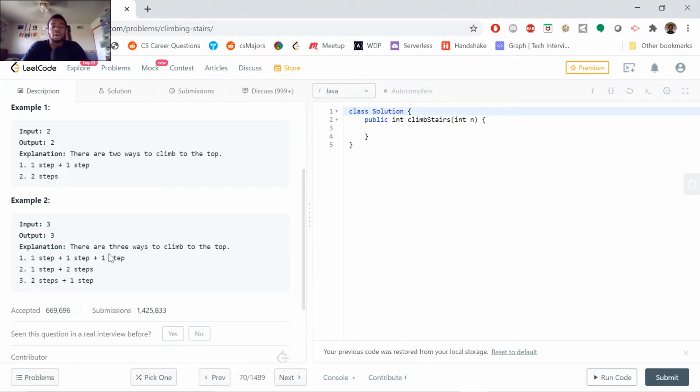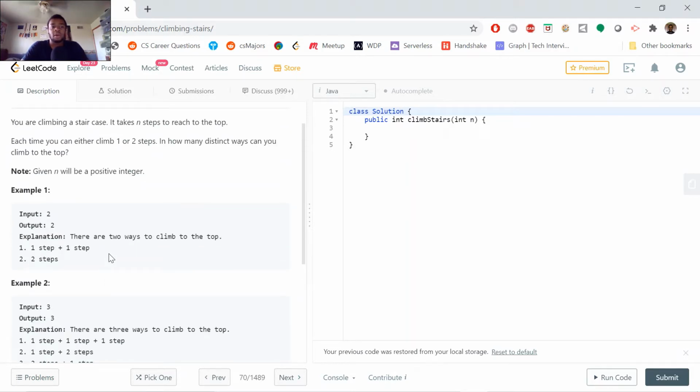So yes, I want to help you guys develop the intuition to see why you would use dynamic programming here. So let's start off with some examples. So let's say that n equals 0. So, let's say you run into this situation where there are 0 steps to climb. How many unique ways can you climb this staircase? So, let's see. So, if we have no steps,